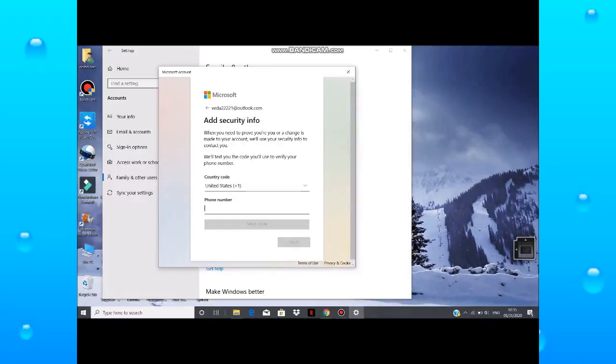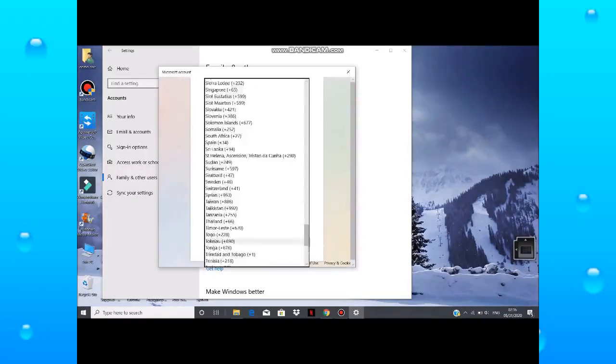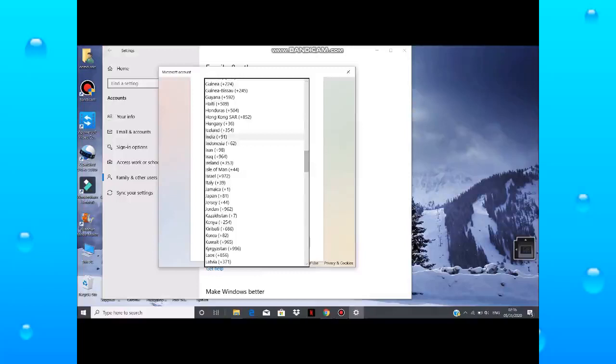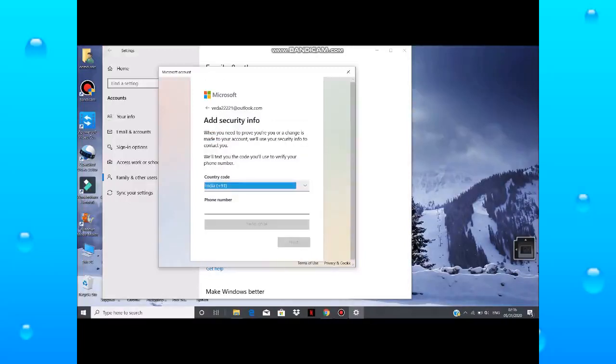So here you have to enter your country. So click here. Select the option India and enter your phone number here.